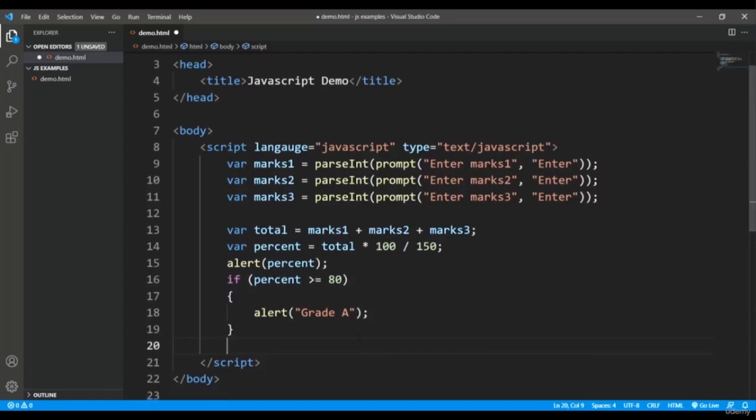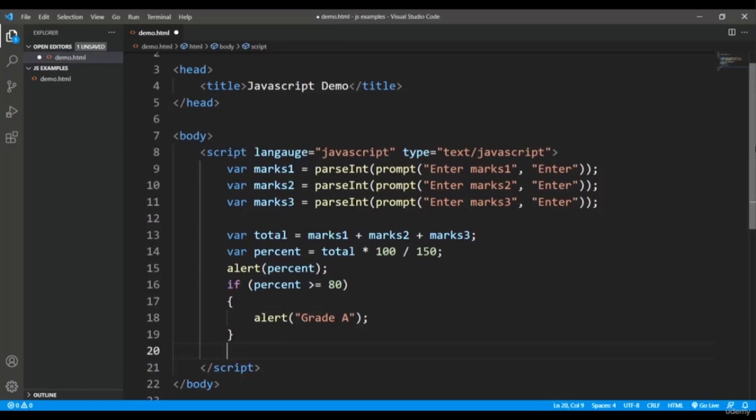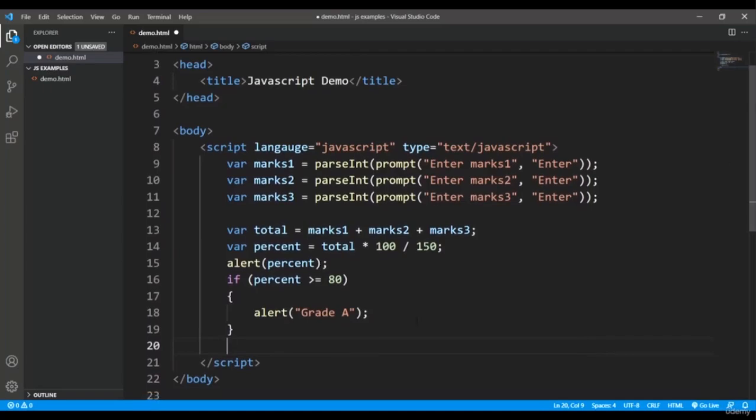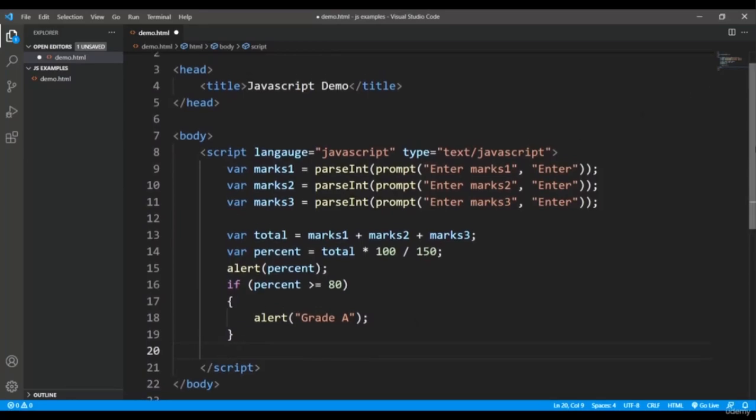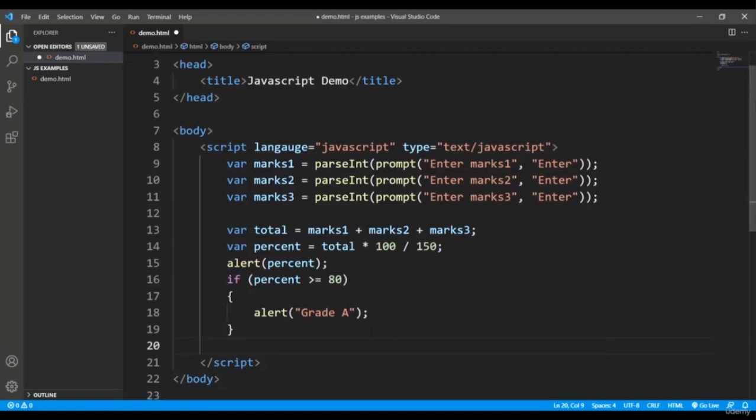If this condition is incorrect and I don't want to do anything, I will leave the program like that. But if I want to do something if this condition is incorrect,